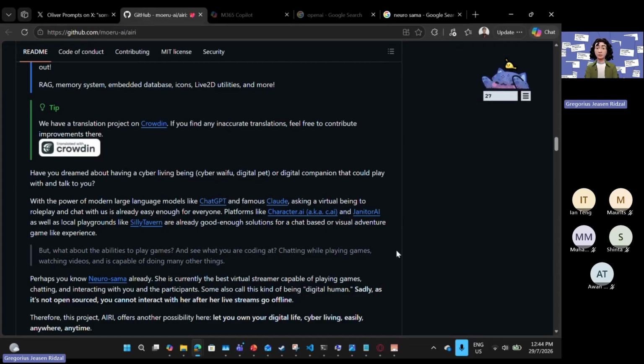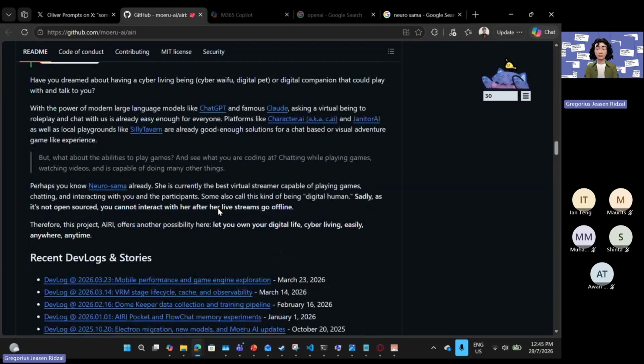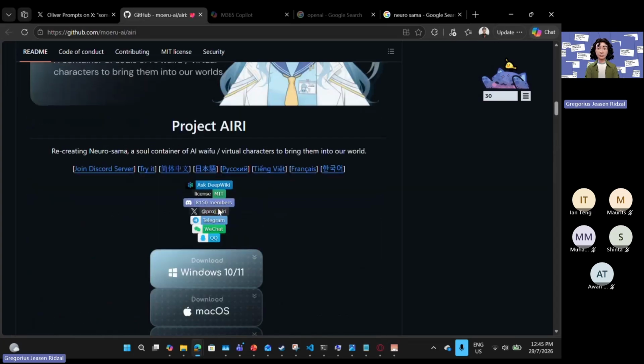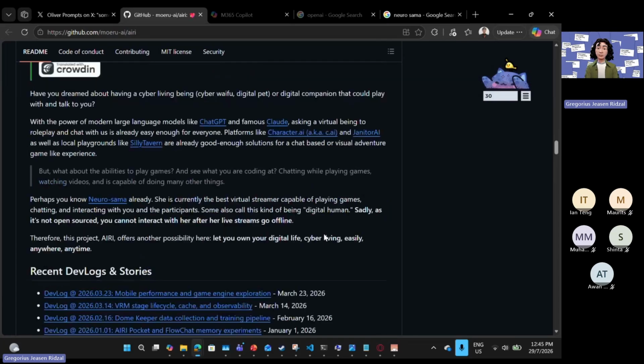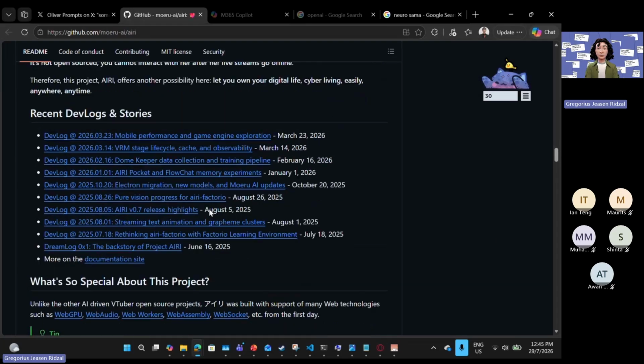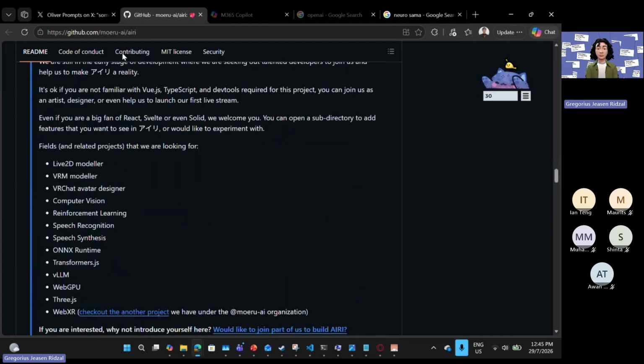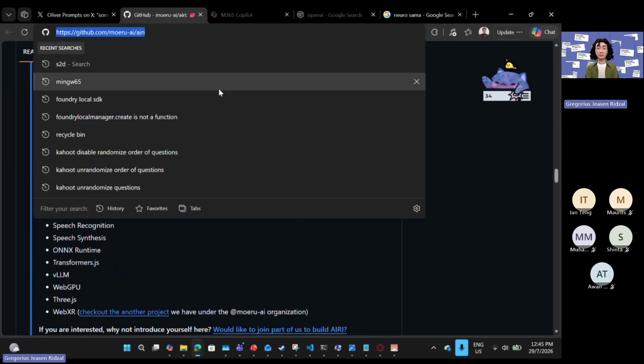And as the AI innovations come up through the years, Neurosama has got much smarter, I guess, right? So that's one of the things that would be very neat to explore when having something like this, having your model become smarter over time. And this is also pretty recent. Looking at this devlog here, they just started developing mid 2025, which is mid last year, so one year into development, which hopefully we can get this running. What special guest project, and all this different stuff, right? If you are interested in looking at this, I'm just going to link it into the chat window. Take a look at this.